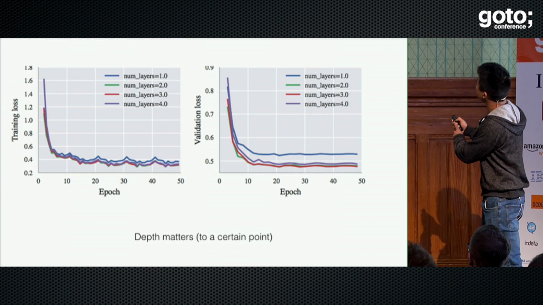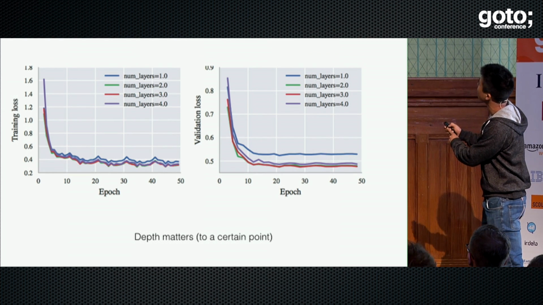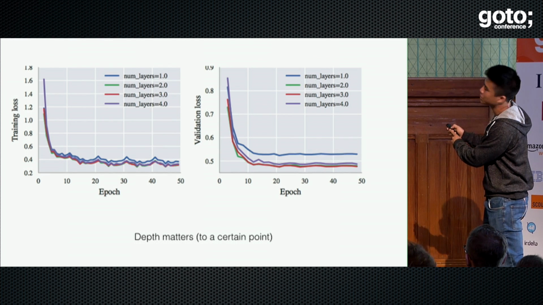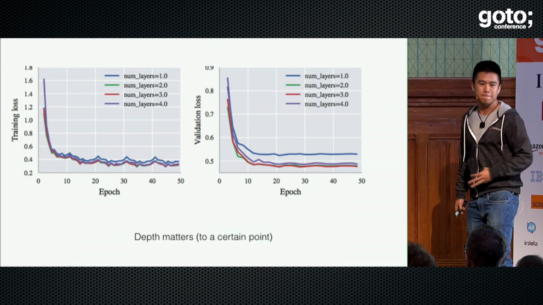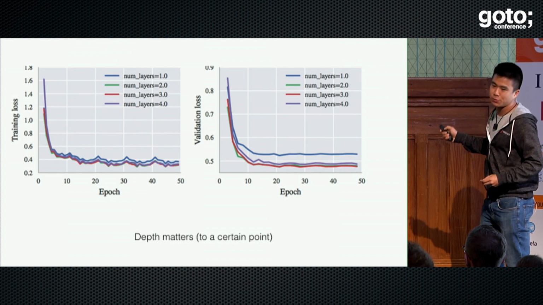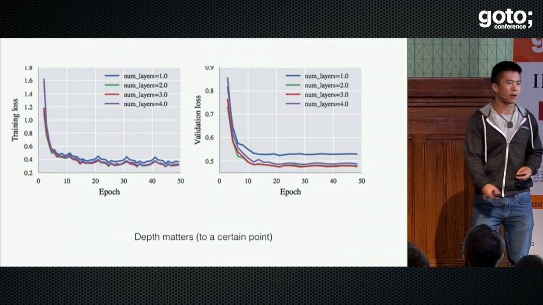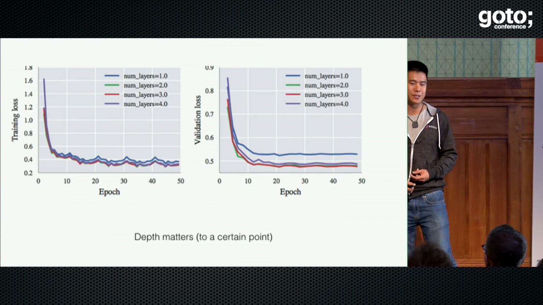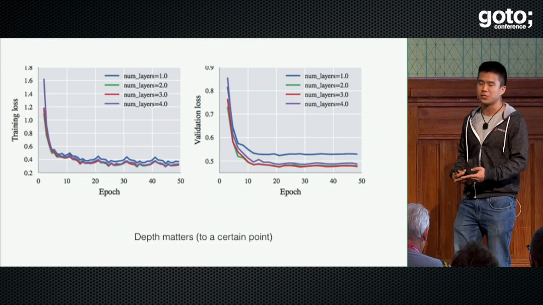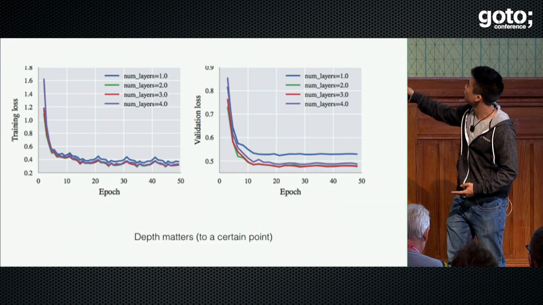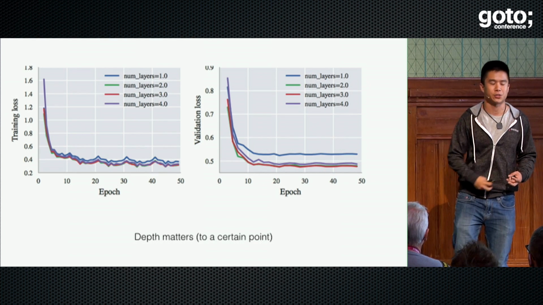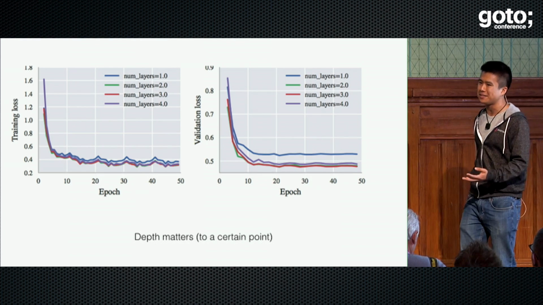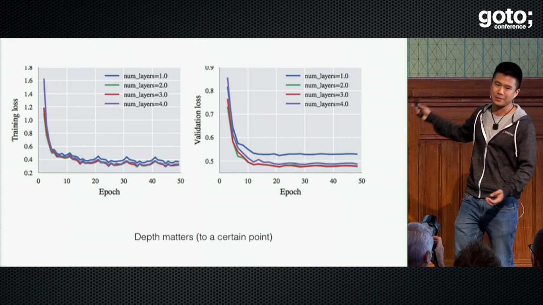And what we notice here is that with just one layer, the validation error is quite high. And as we increase layers, 2 gets you down here, 3 gets you this red curve, which is as low as it goes. And if you keep going with 4, it goes back up. Should this be surprising? It shouldn't. And the reason why it shouldn't is because as you add more layers, you're adding more expressive power. Notice over here, with 4 layers, you're actually doing just as good as the red curve, so you're doing great on the training set. But because your model is now so expressive, you're memorizing the inputs, and so you generalize more poorly.